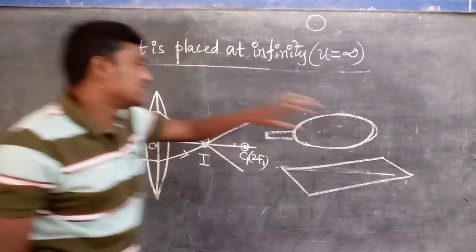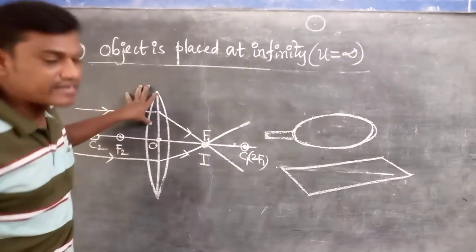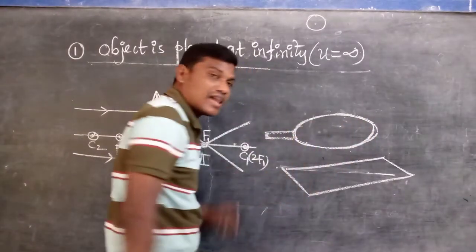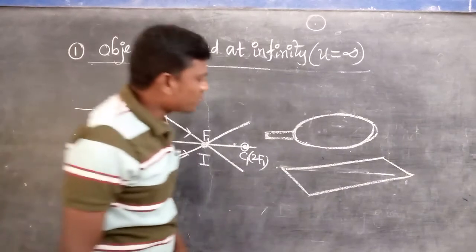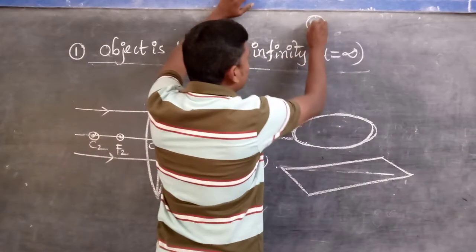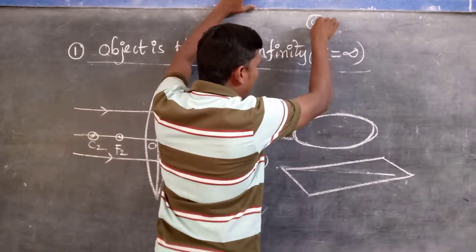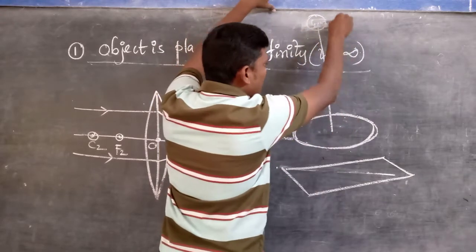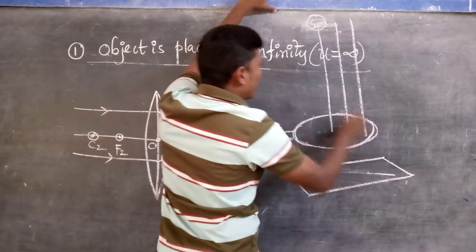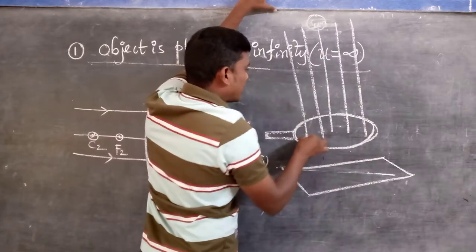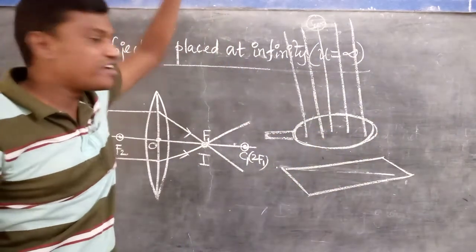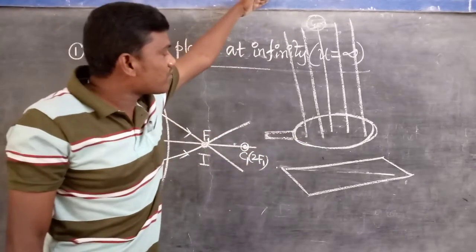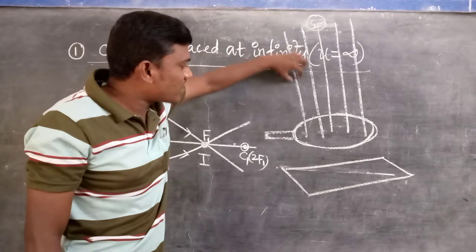In a burning glass, which lens is used? Convex lens. Listen very carefully. So a convex lens is used as a burning glass also. In this one, the rays are coming from the sun. A number of rays will fall on this one. We know that the rays are coming from the sun like this. Because the sun is at infinity, the rays are coming from the sun traveling in a straight line path.